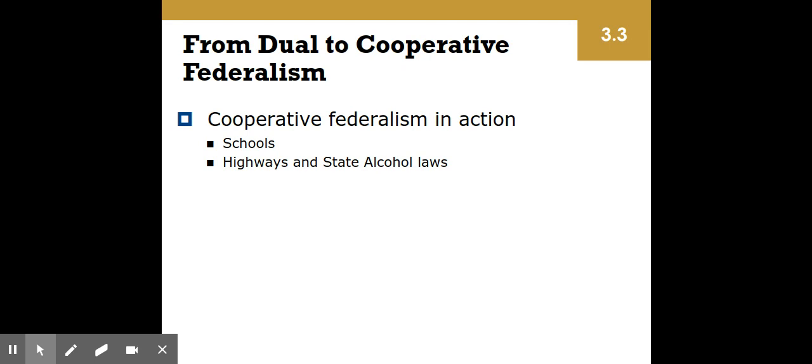And also things, of course, as I just mentioned, highway and state alcohol law, that goes along with the Department of Transportation. The fact that they give money to states for transportation means that the states must also agree to follow certain laws. For instance, all of them have basically made the same law that you must wait to drink until you're 21 years of age. That was only put into place because the federal government said if you want to continue to get money, this regulation has to exist.